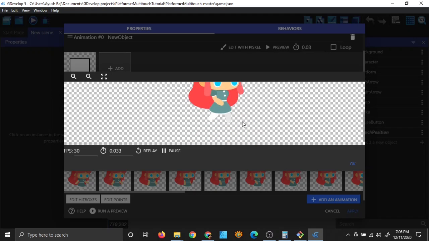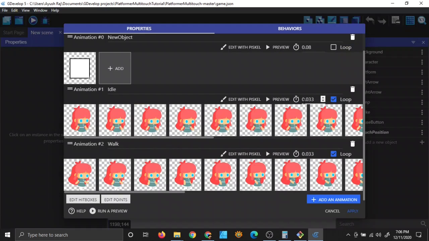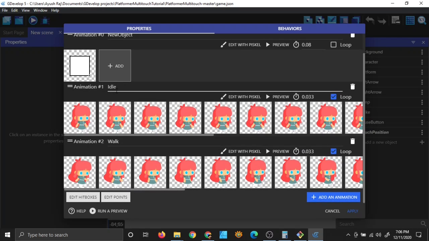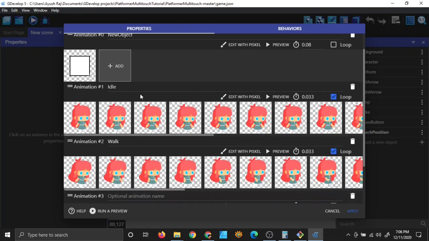So this is kind of walking very quickly, but you know you have to keep this the same. If you have put 0.033 in one animation, I will suggest that you put 0.033 in the rest of the animations as well. So now my next animation will be